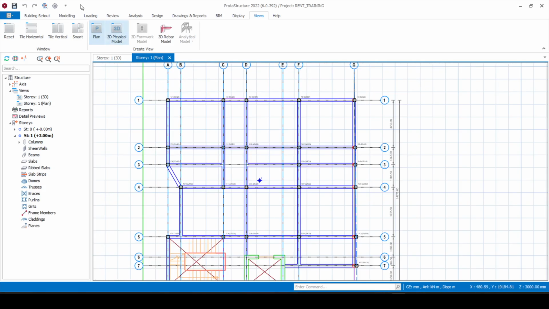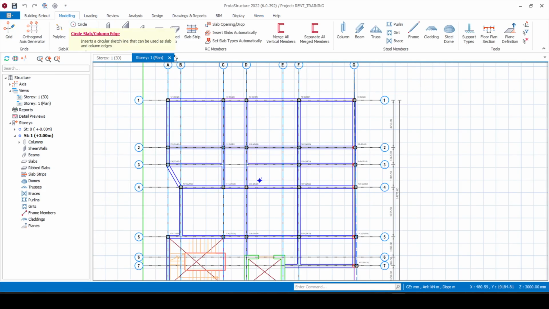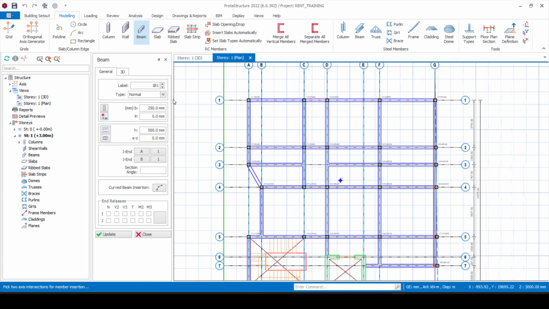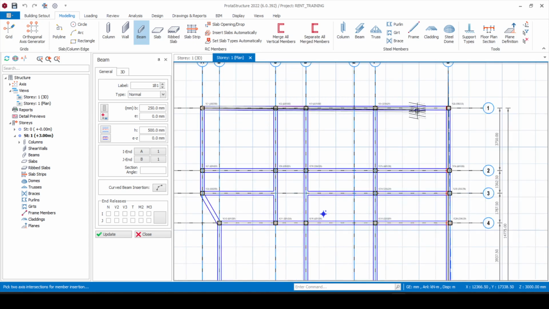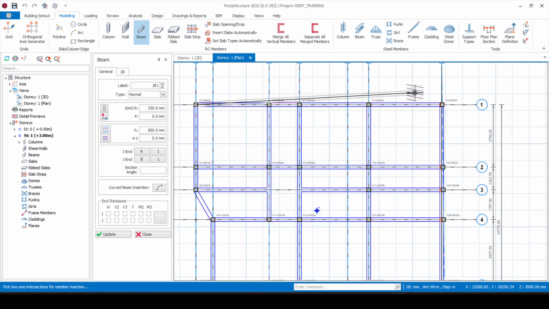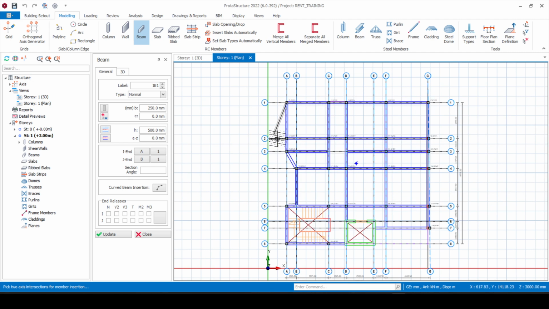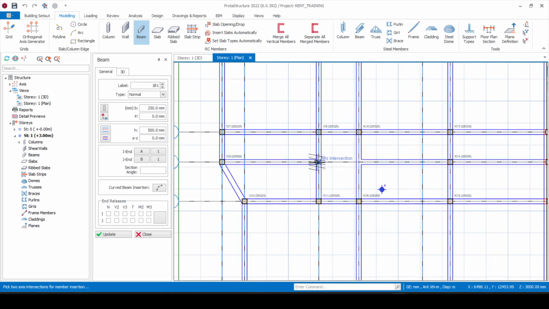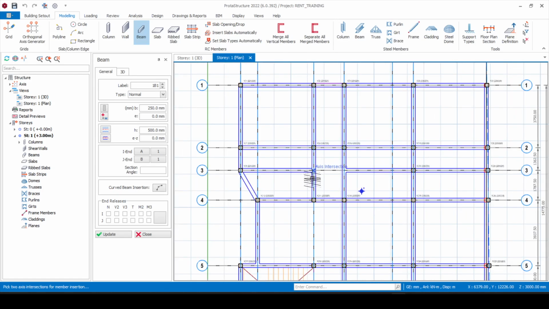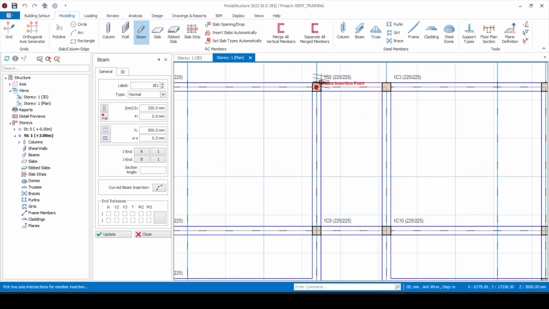Now start modeling your beam. Go to your building modeling tab, click on the beam tool, place that, and now start placing them one after the other at regions where you have these beams. Use this external reference drawing as a guide to know where you are going to place beams. Remember that I said that you must create the supporting members first, before